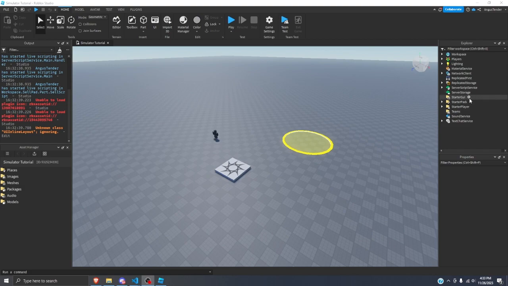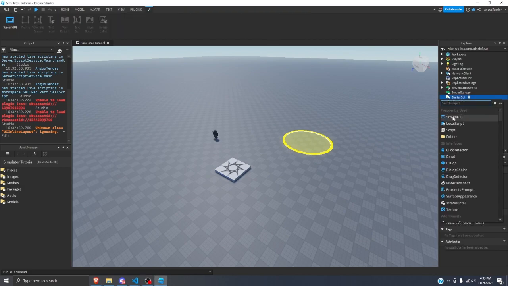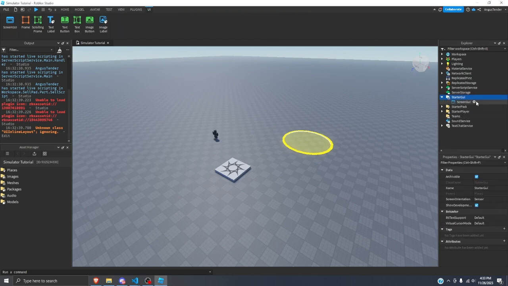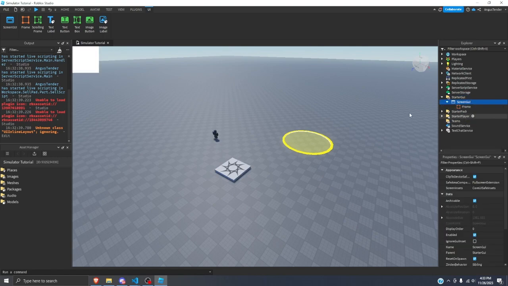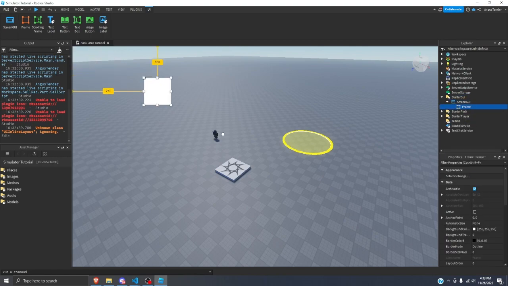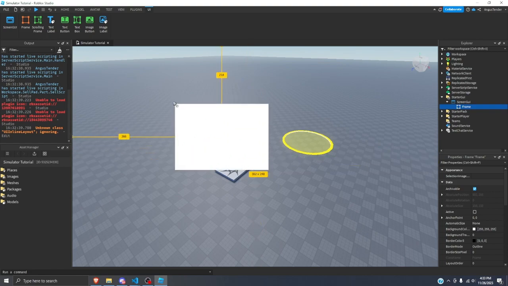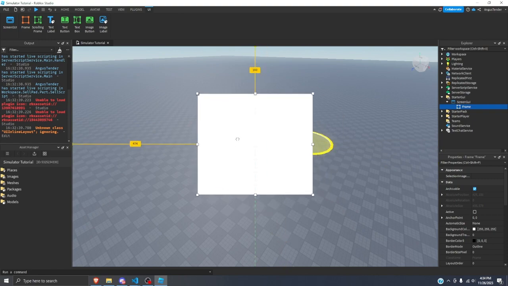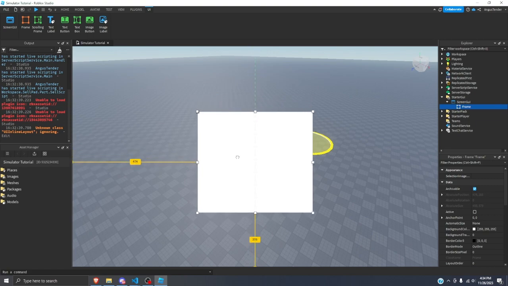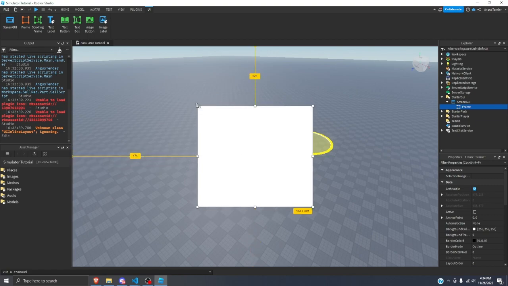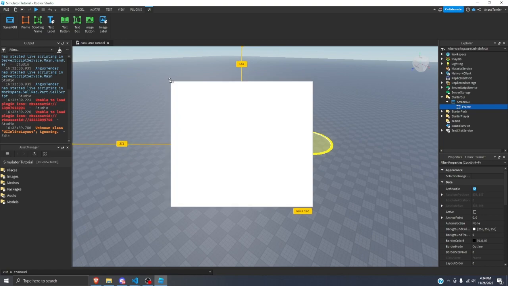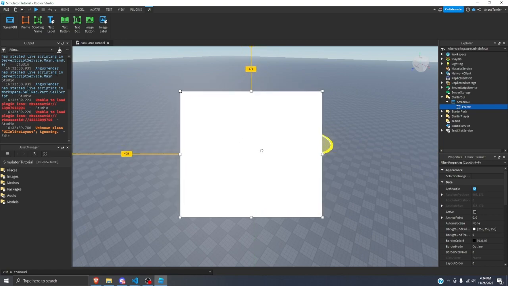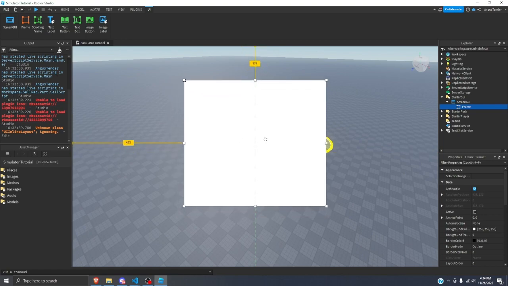So, to make the shop, we're just going to go into Starter GUI, and we're going to cook up a nice UI. Start by making a screen GUI, and make a little frame, and drag this frame to the center of your screen. Of course, scale it up, because we want it to be a little bigger. Let's place it right there. Let's scale it up a little more, because this feels too small, to be honest. I mean, it's not like size matters, but